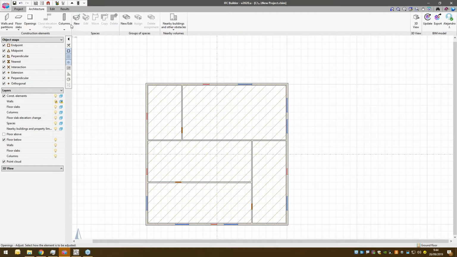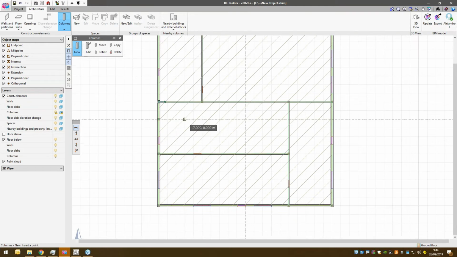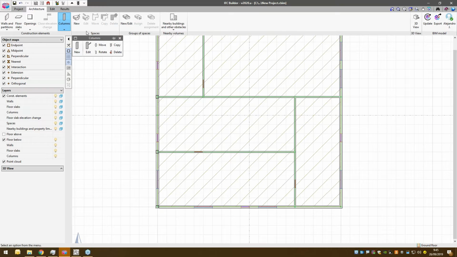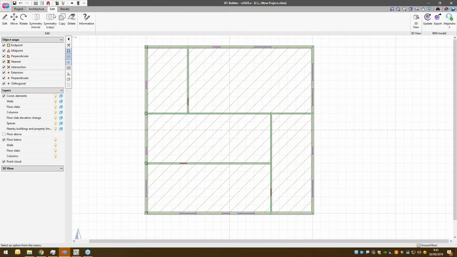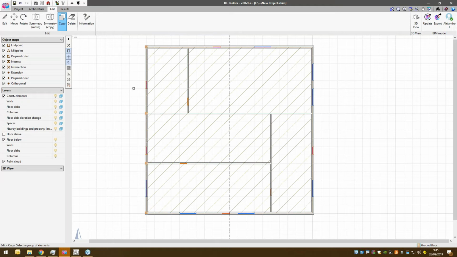Great. So jump into the next tab. I'm just gonna draw the columns. Okay. Perfect. Cancel. And then instead of just creating all the columns one by one, another option, if you go to edit, you can actually copy elements, which means that you could actually define a selection filter, meaning that only the columns would be selected. And then you can just copy what you